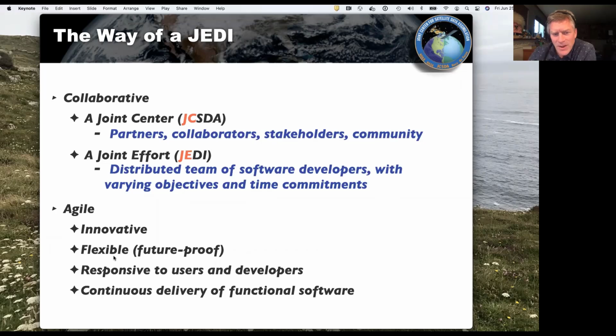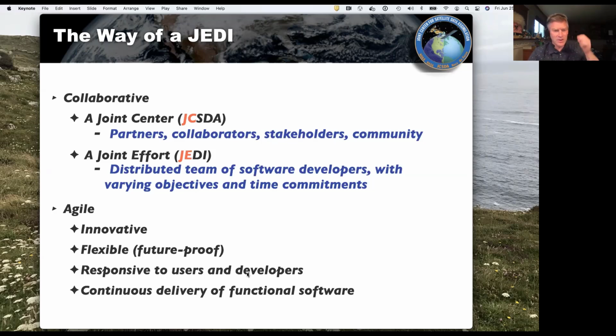We don't know what new models are going to be available. So we want to design JEDI to be flexible enough and extensible enough to incorporate any new developments and advances that come along. And responsiveness to users and developers.